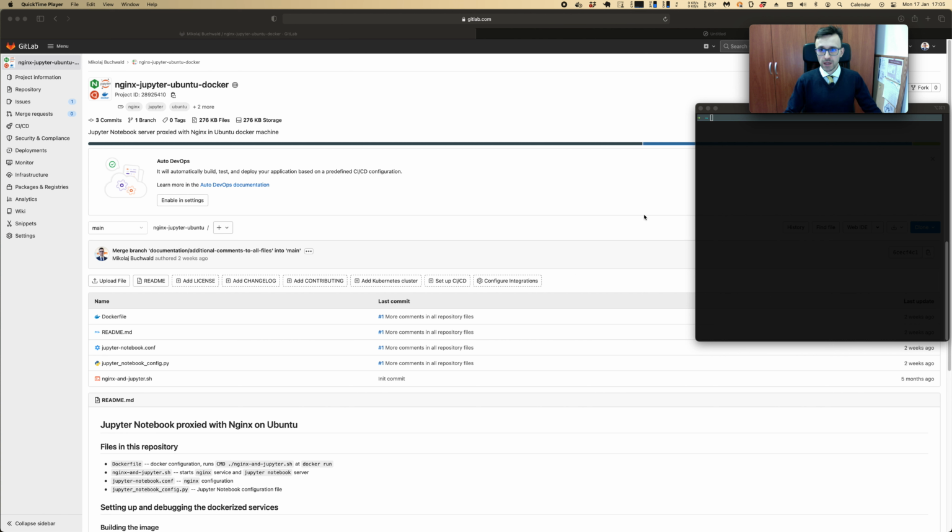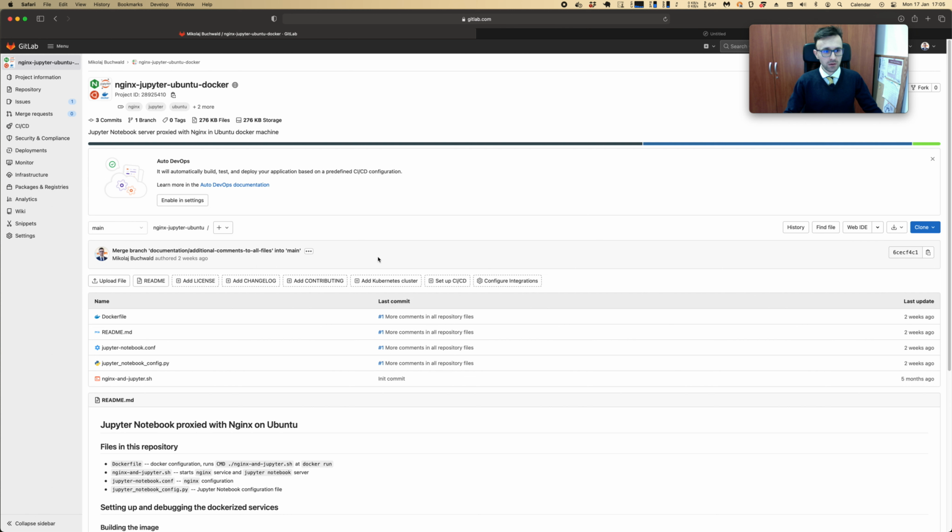Name is Mikołaj Buchwal, and today we will be going through an example I prepared some time ago in order to better know Nginx in a Dockerized environment. Usually I used Apache before, but for some use cases it's maybe better to use Nginx. And in this example we will be using a Docker container in which Nginx and Jupyter will be working on